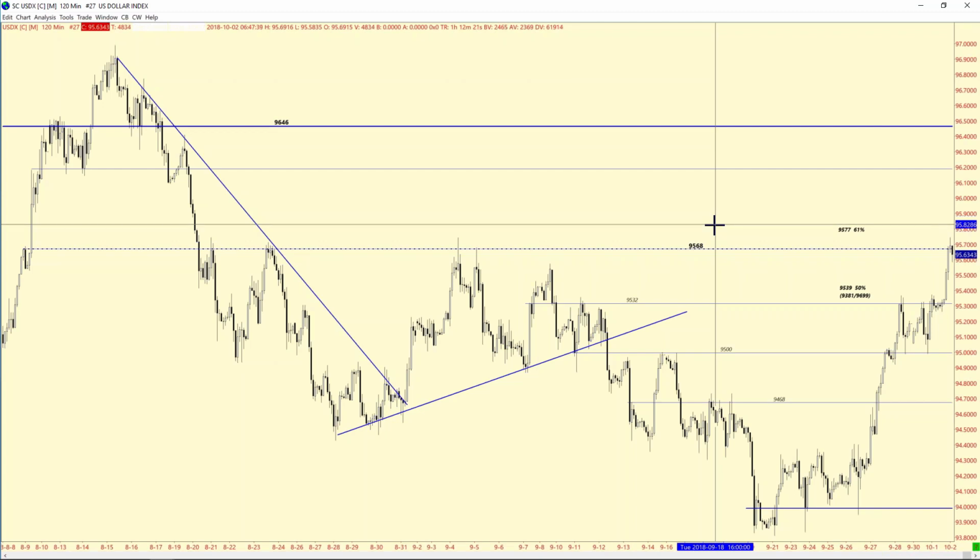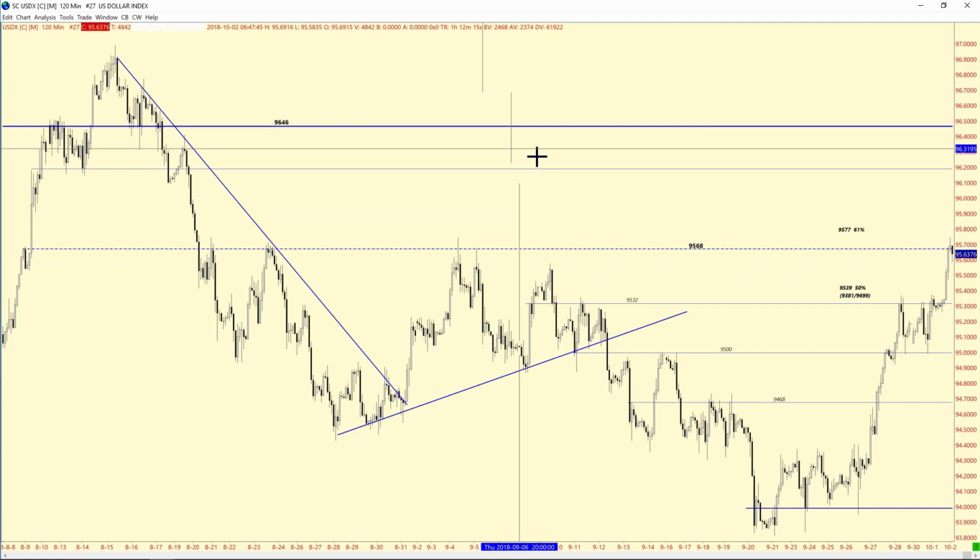What maybe everybody's going to be focusing on is wage growth, and do we see that? We need at least 0.3, but if we got like 0.4, that would just ensure that the Fed's going to continue with pedal to the metal, and you'd see more dollar strength. So it's not a reason necessarily to go in and fight this. So for right now, it's going to be 95.77 for resistance.